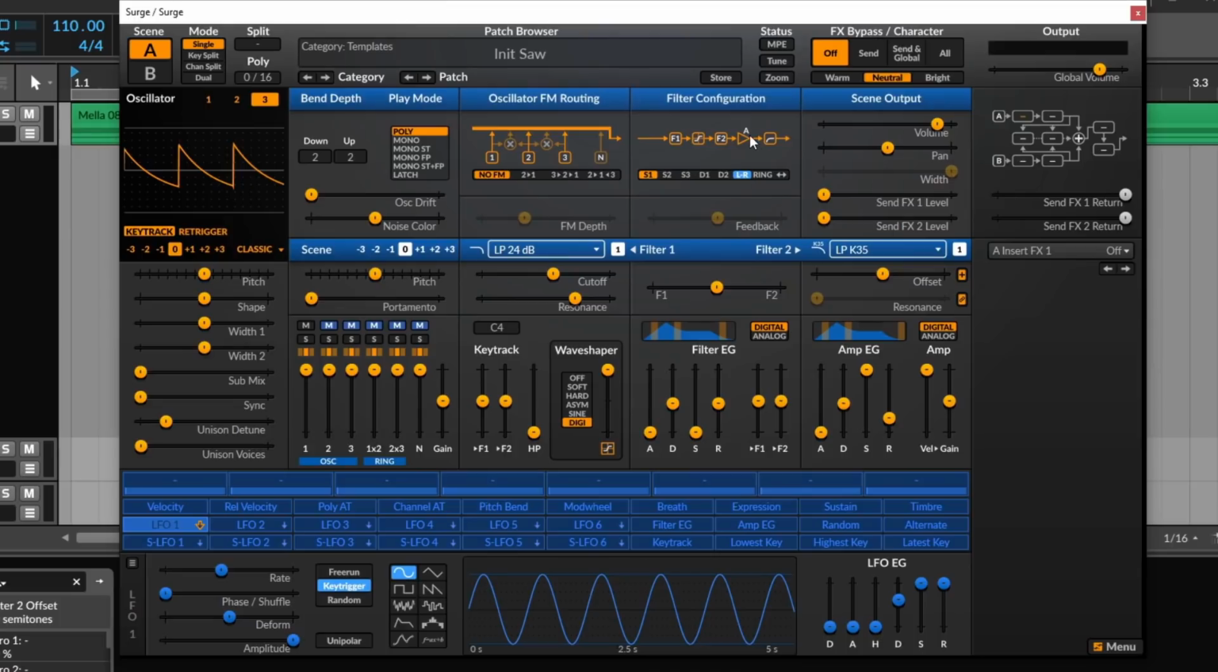So the filter configuration is just allowing you to route these two filters differently. So on the first view we've got our serial, where filter 1 will go into the shaper here. So on this first one, filter 1 is going into the shaper, which is this wave shaper. Then that's going into filter 2, which is over here. And then that's going to the amplitude envelope. And then that's going to the high pass filter. So we add the high pass filter at the